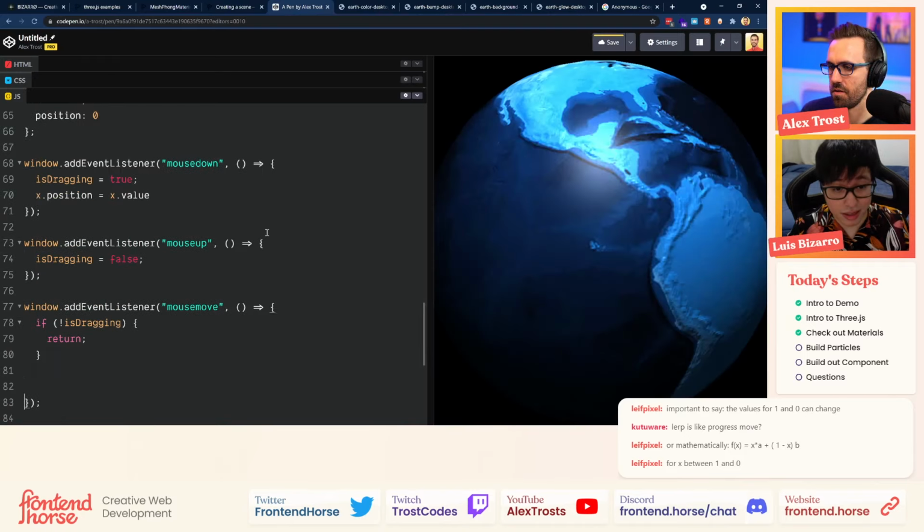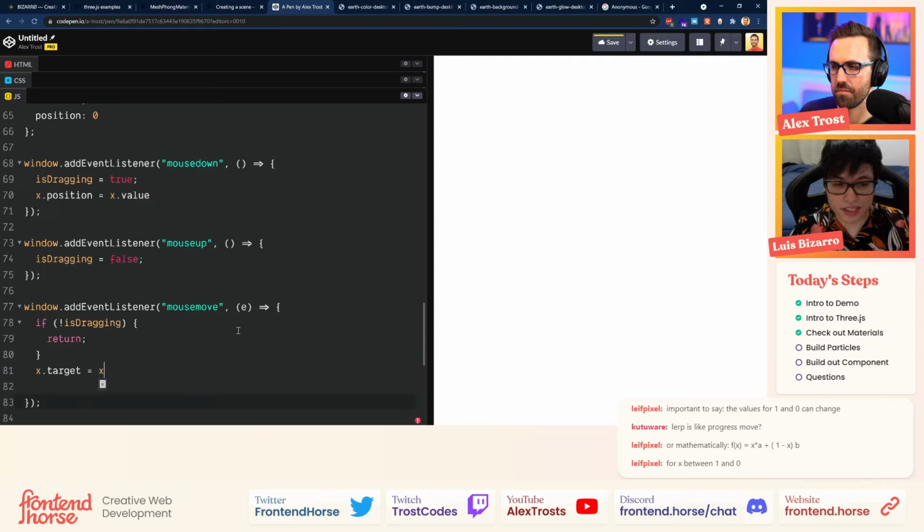So let's pass the event here. Then x target is going to equal the x position plus distance.